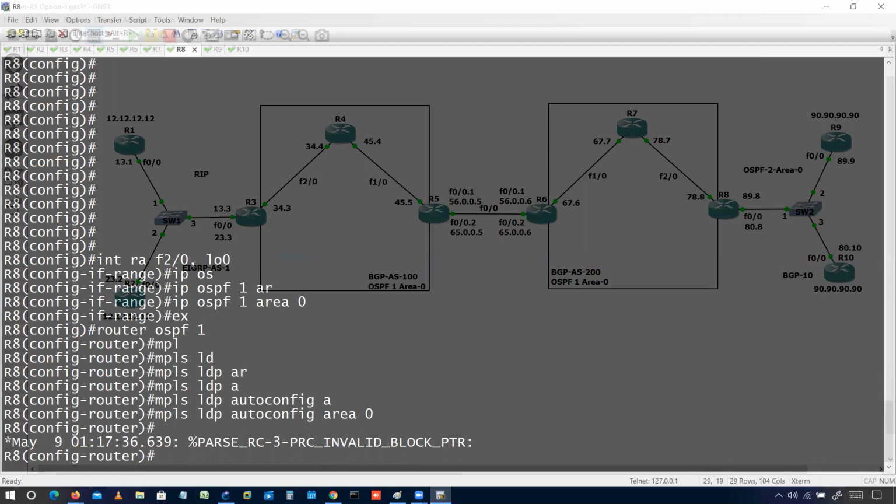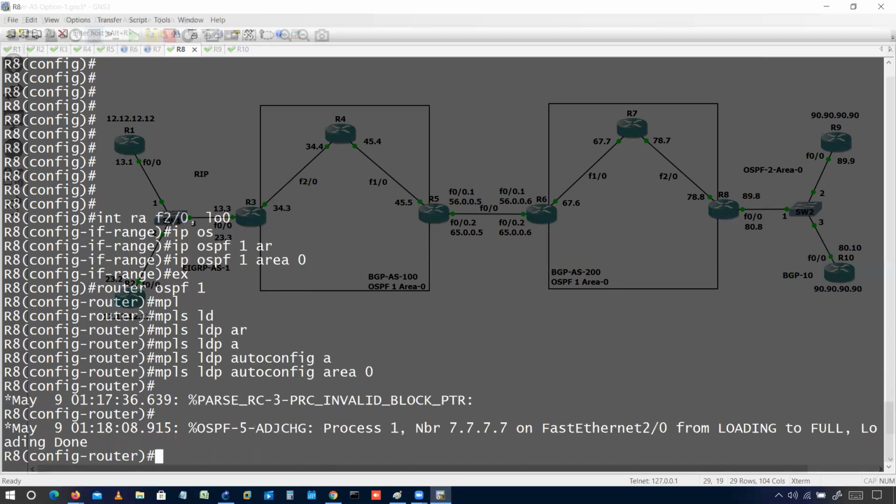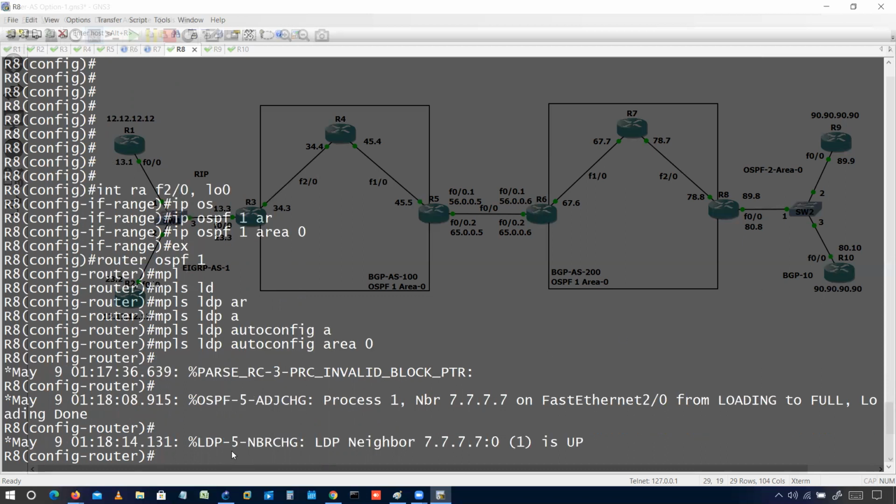So basically in MPLS, in the background, they are using loopback addresses to form the neighborship in MPLS LDP. And once the IGP is up, only then will MPLS be up. The reason is they are using loopback addresses. So before the MPLS neighborship, the loopback addresses should be reachable. And how will they be reachable? Using the IGP protocol. So after OSPF neighborship, the routers will have MPLS neighborship. Look here, we have the log. Finally, we have the MPLS neighborship.